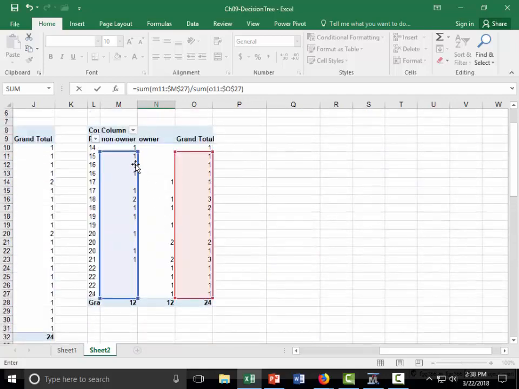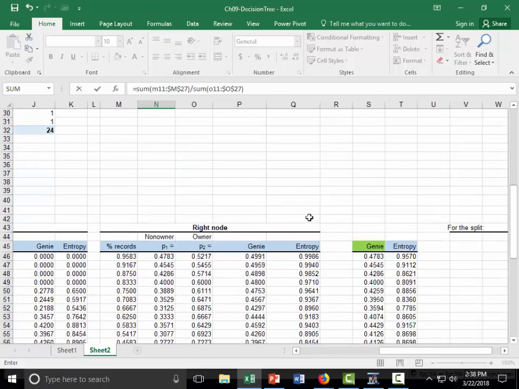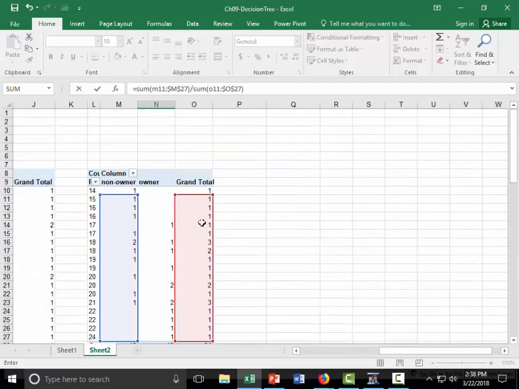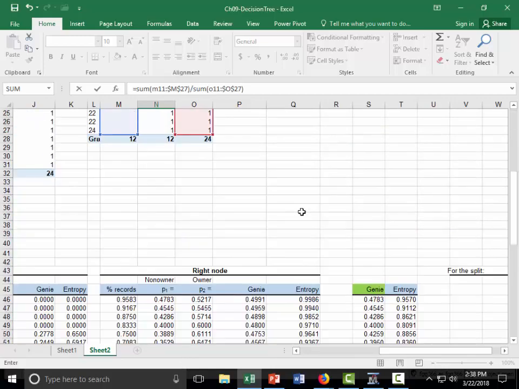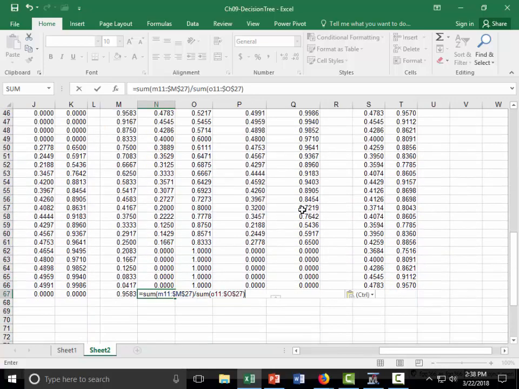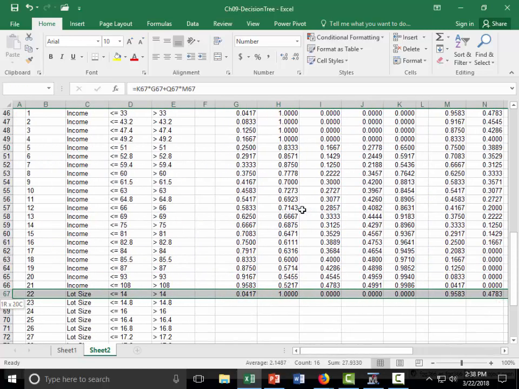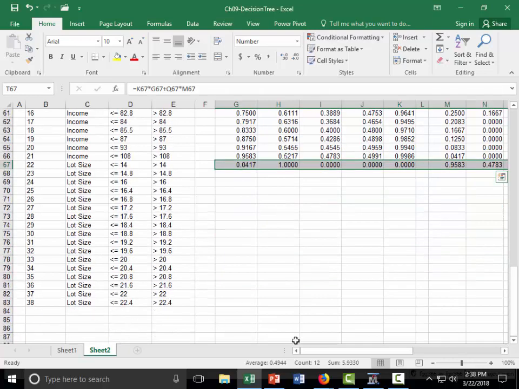So we get the right side. Number of owners divided by number of observations will give you the proportion of non-owners, sorry. Number of non-owners divided by the number of observations will give you a proportion of non-owners, and again 1 minus that will be the owners, and then you have the statistics. Now we have to copy all of this through 83